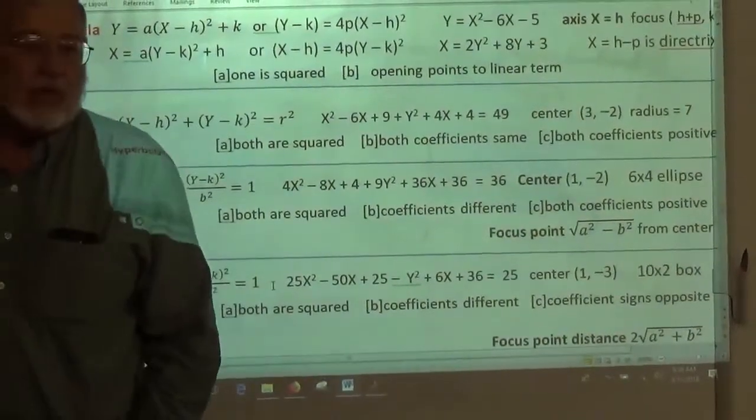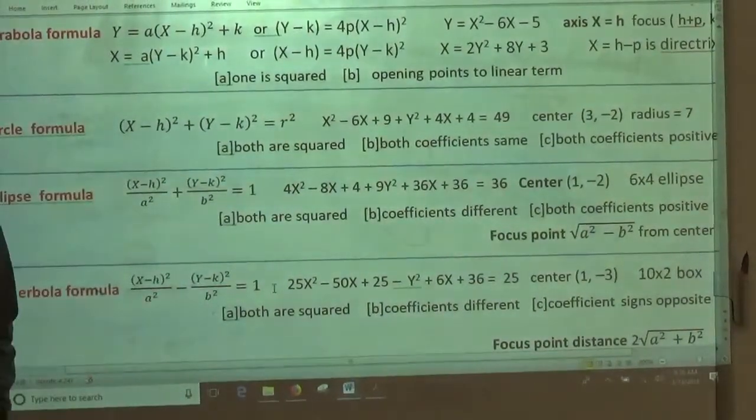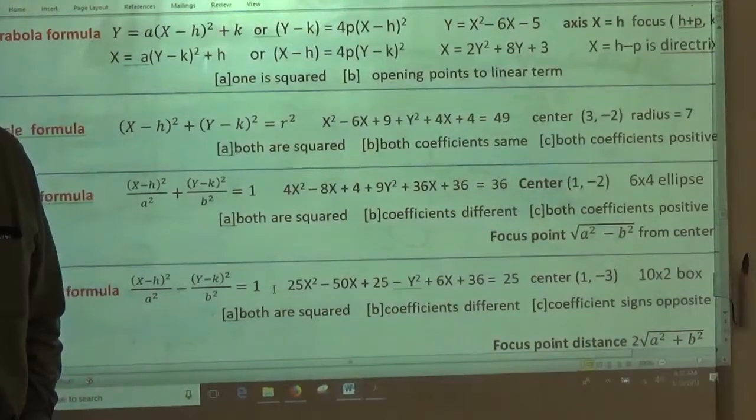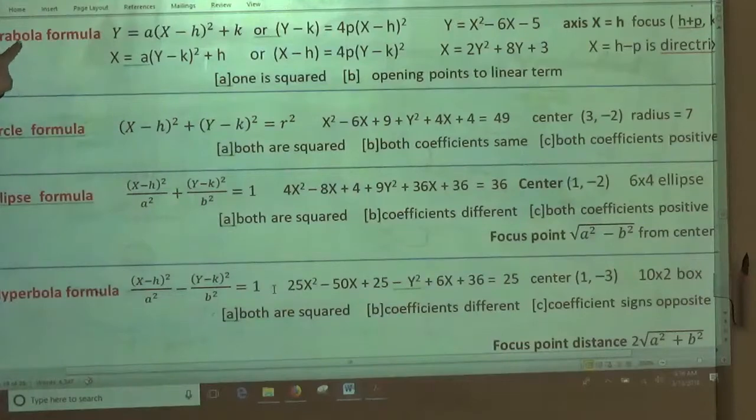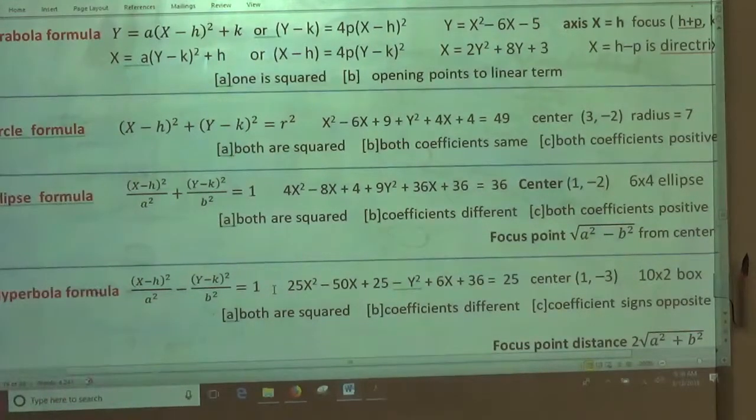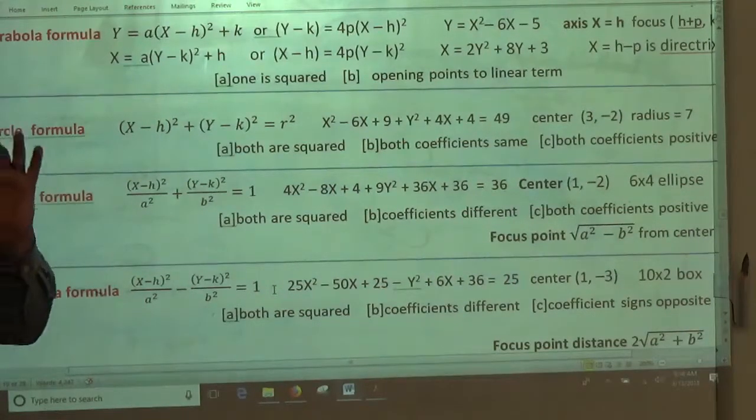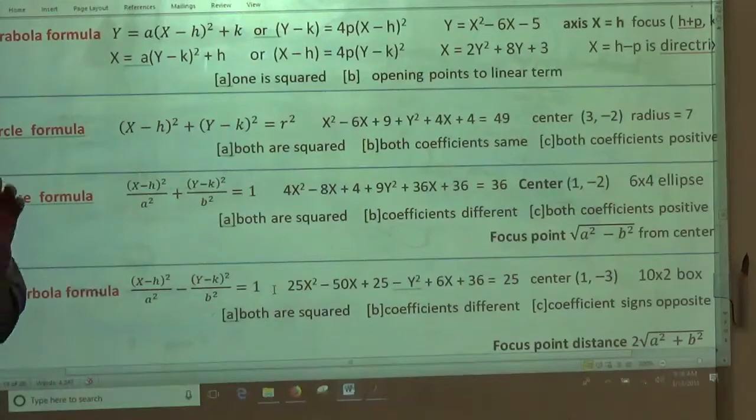Remember, what we're going to be doing today is we're going to continue talking about conic sections. All right, there are 4 different conic sections. There's parabolas, circles, ellipses, and hyperbolas. And the equations have different forms. One of the things that you are responsible for is looking at the equation and determining which kind of conic